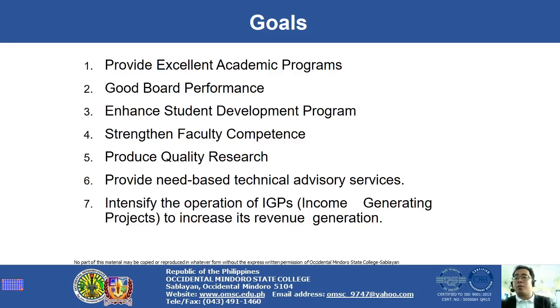sa mga pag-visit ko doon sa mga state universities sa province, sa Mimaropa, napakaganda ng kanilang research doon. Kasi hindi lang in just a paper, na-present mo yung research ng estudyante. So nilagay lang sa paper but then wala tayong utilization. Though sa OMSC meron namang iba na na-utilize yung kanilang mga research. Okay? Yung iba naman, hindi.